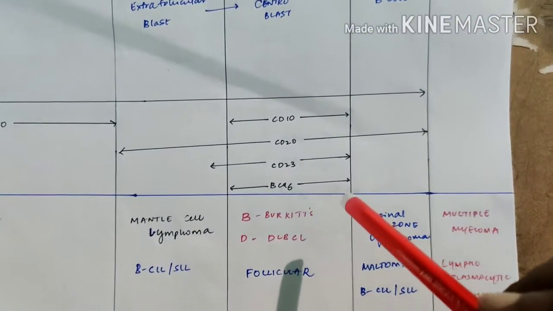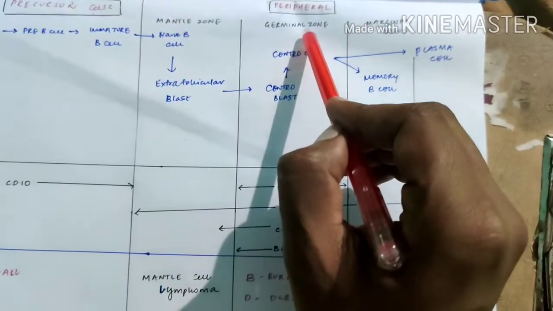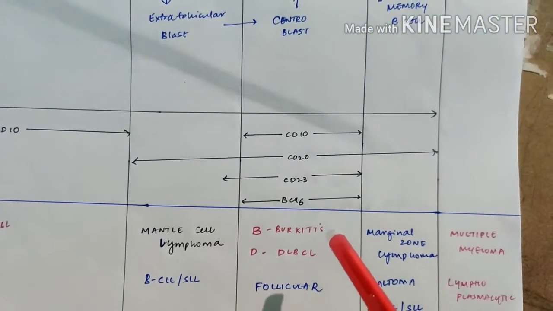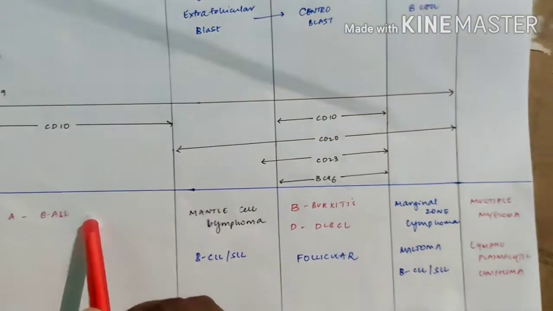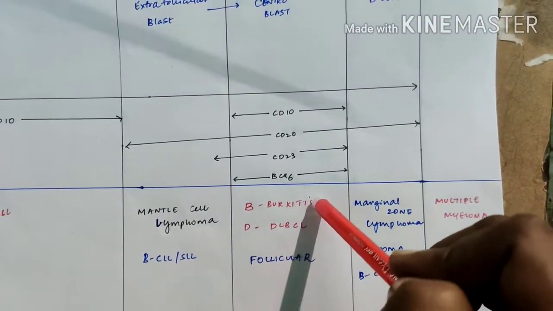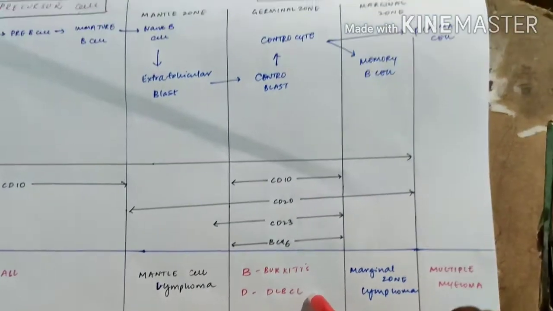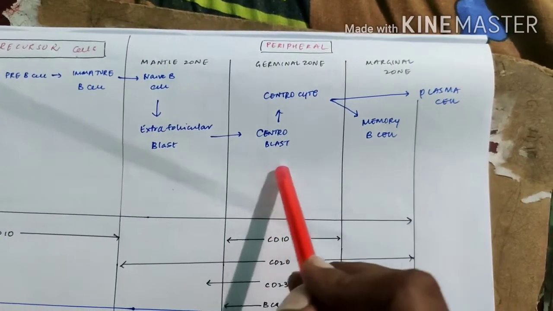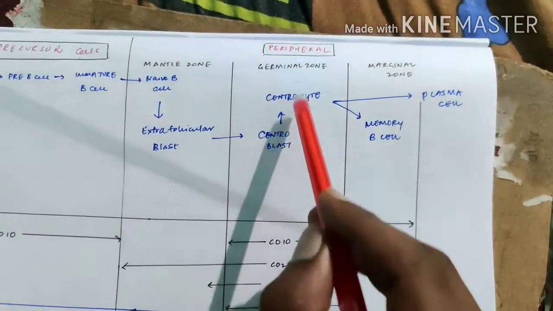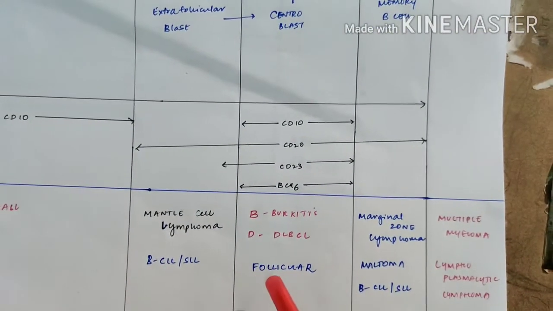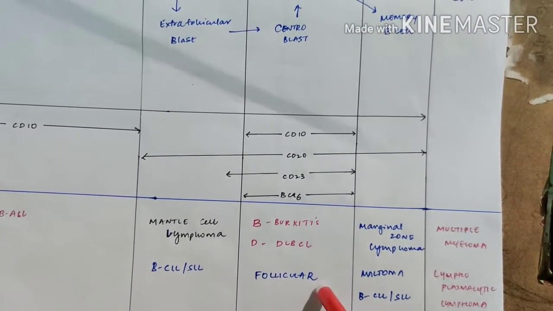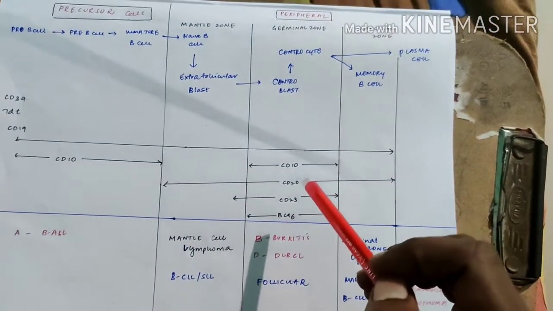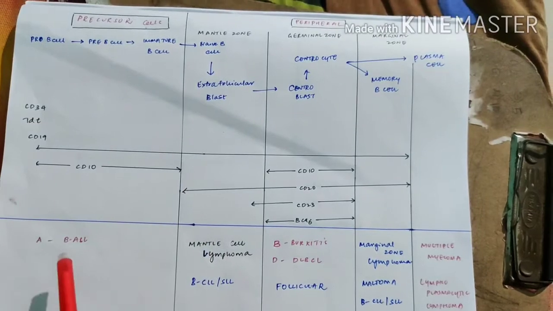Now some matured cells in the germinal zone, which are in the center, this Ki67 is high. If you remove the ALL from BAD, you will get BD, that is Burkitt's and DLBCL. As it is a germinal zone, which is a follicular zone, which looks like a follicle, germinal center, follicular lymphoma also occurs in the germinal zone. What are the things which occur here? B-ALL occurs in